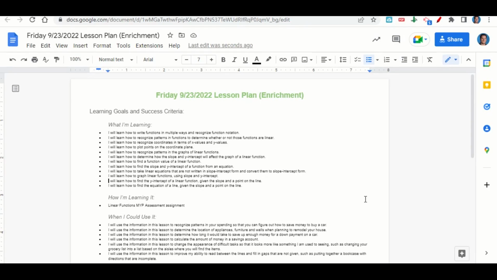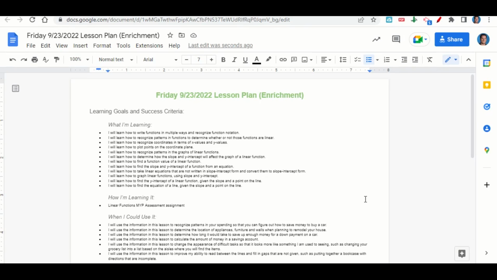We're learning how to write functions in multiple ways and recognize function notation, how to recognize patterns in functions to determine whether or not those functions are linear, how to recognize coordinates in terms of x values and y values, how to plot points on the coordinate plane, how to recognize patterns in the graphs of linear functions, how to determine how the slope and y-intercept will affect the graph of a linear function, how to find a function value